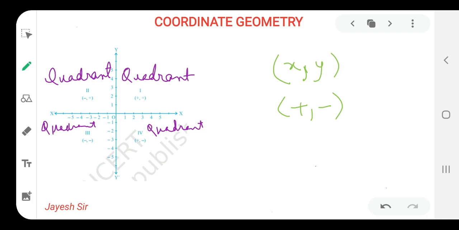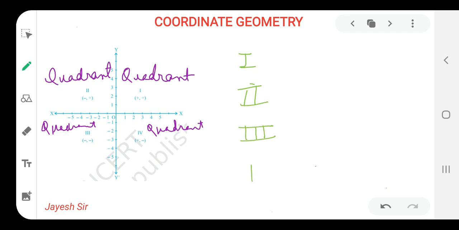In this way we are identifying which quadrant the given coordinate lies in, quadrant 1, 2, 3 and 4. In this way we can identify which quadrant it is. So that you can recall it properly, I am summarizing the thing that I have just explained. Quadrant 1, quadrant 2, quadrant 3, quadrant 4. The coordinates in quadrant 1 would be for x and y. Let us write x and y over here so that you can understand it properly.